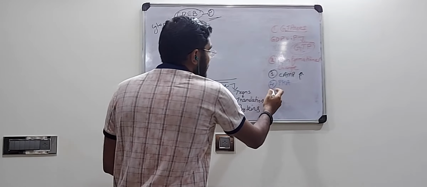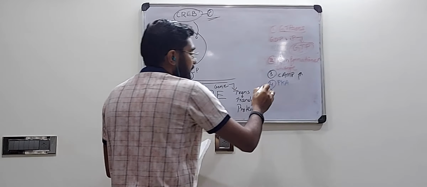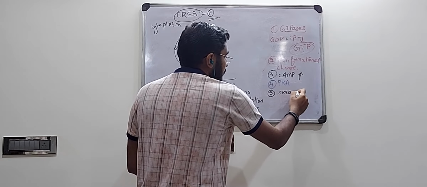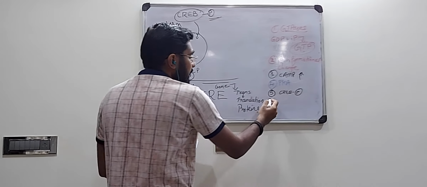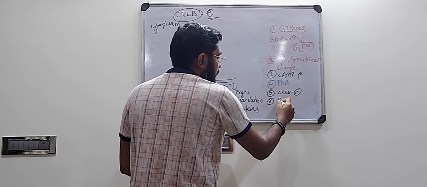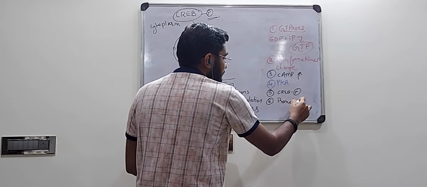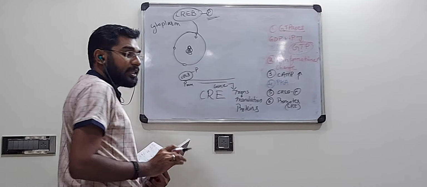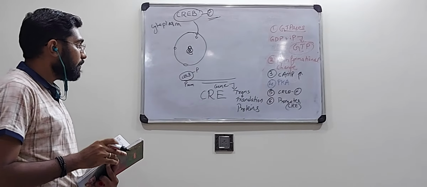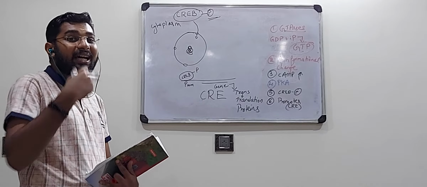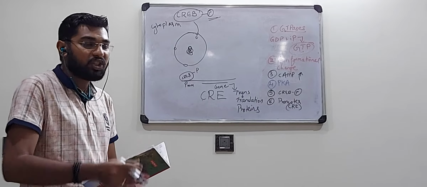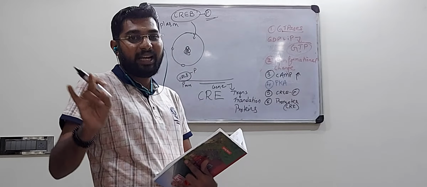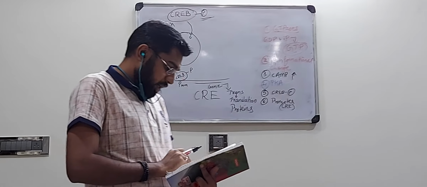So after this, in the fifth step, after protein kinase A is activated, it goes and phosphorylates the CREB. Then this goes and binds to the promoter region and it gets activated. For example, one of the promoter regions is the cAMP response element gene. It goes and binds. So this is how the entire cycle of signal transduction occurs in the GPCR receptor, in the GPCR mediated signal transduction.